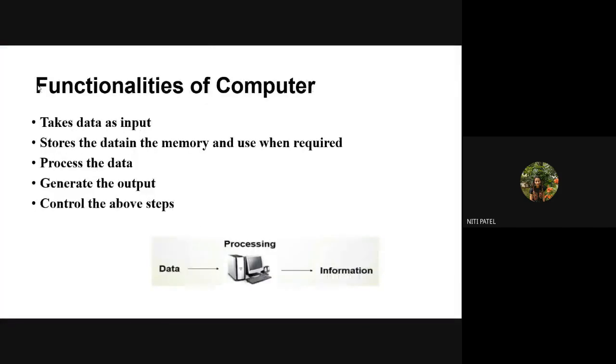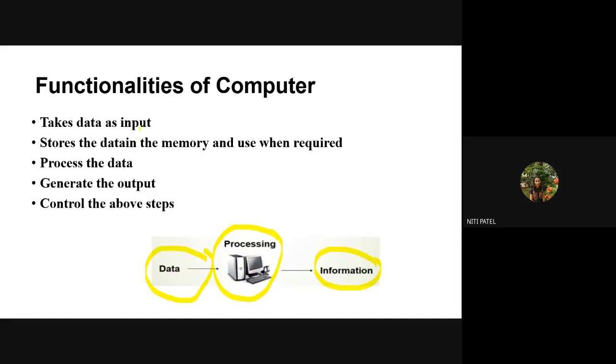So we go to the next slide. What are the functionalities of the computer? As I explained, once the program has been written and once the data is accepted, it will do the work of processing. Once the processing is done, it will directly display the output. So how do we write these steps? All the functionalities that we just discussed are specified into 3 steps. What are those 3 steps? We have data, we have processing, and we do processing of what? The processing of the information.